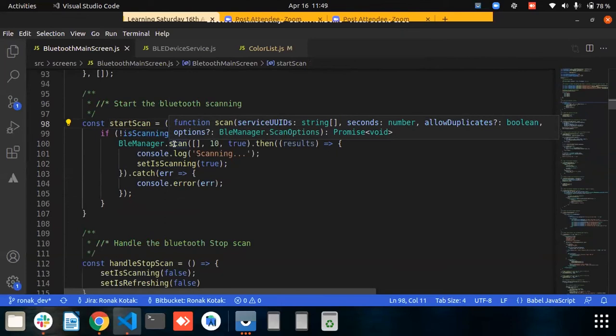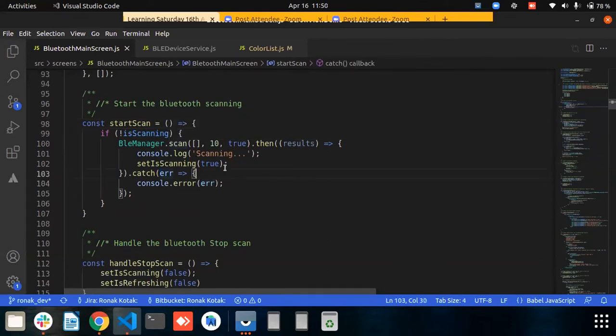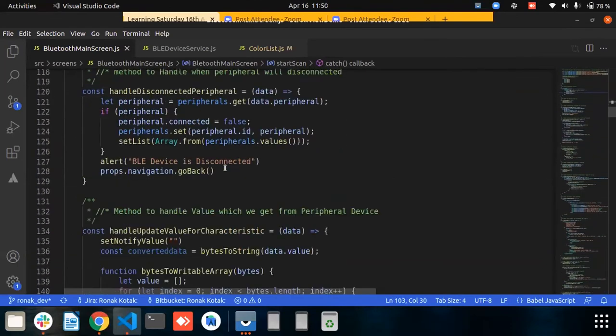So for how many times we have to scan for that particular device, like if you want to find for 10 seconds or 20 seconds. So in the second part, when our connection is established,